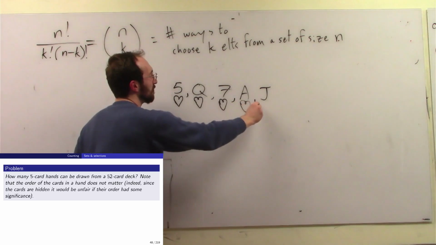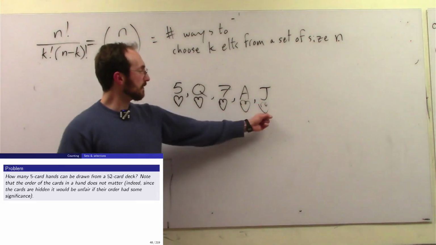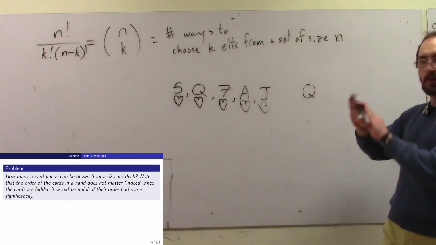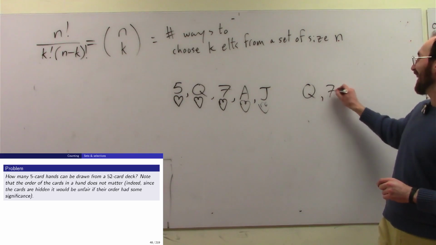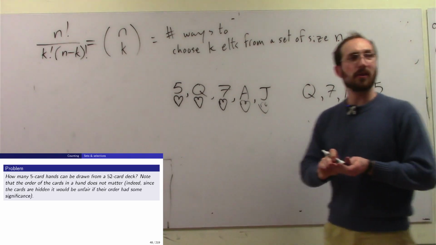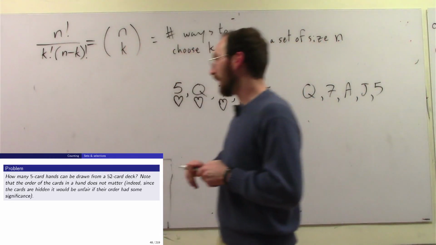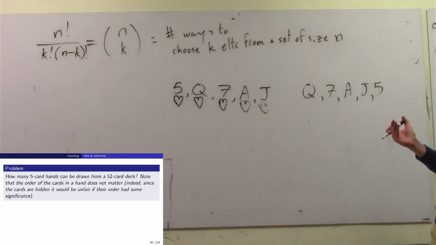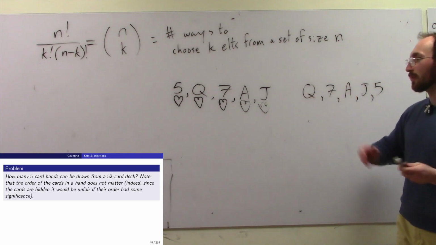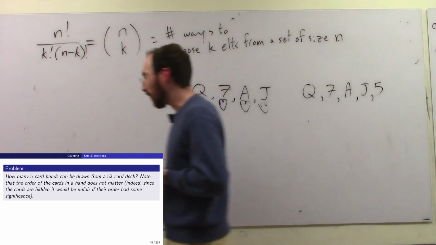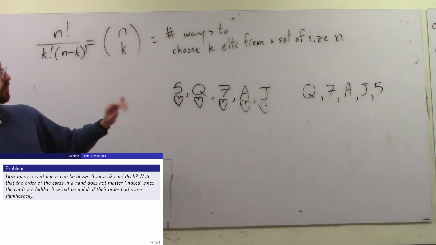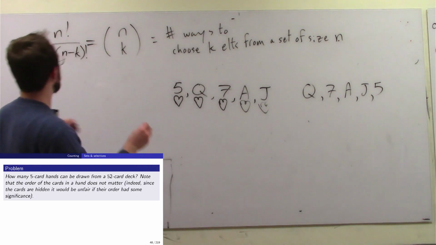Just to make the point easier. We could have drawn this in this order, or we could have drawn it, and they're all just gonna be hearts again. I don't feel like drawing that. We could have drawn it like this, but anyone who's played some sort of card game just shuffles it to an arrangement that suits you. They are effectively the same hand. You will get a flush here, which we'll talk about how many flushes there are at some point. But the idea is that we don't need to permute these. All we gotta do is